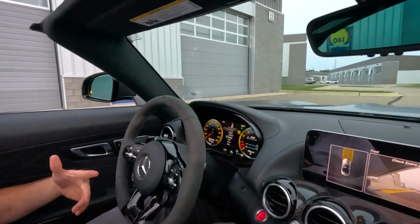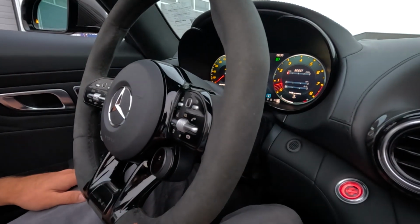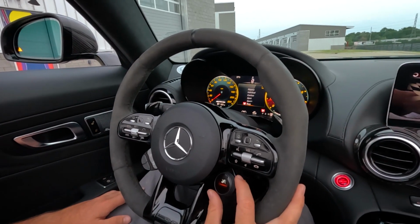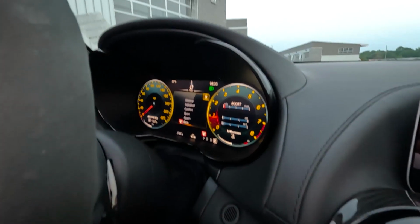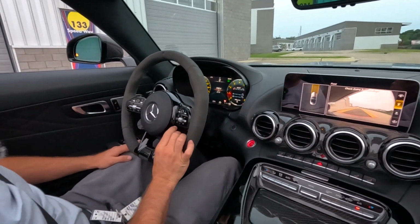All right, now when you're inside of the cockpit here and you got this thing fired up, one of my favorite dials thus far is right here on this wheel. You click through this, you've got sport, sport sharp, race, and then for some of your conditions, slippery, comfort, and then I think you can make your own individual setting with a mixture of things. You notice when we click from sport